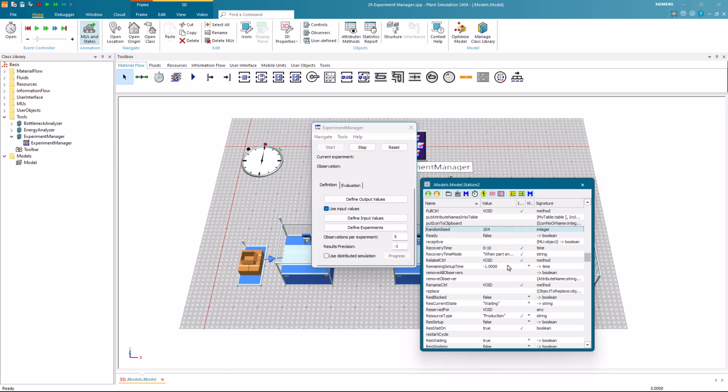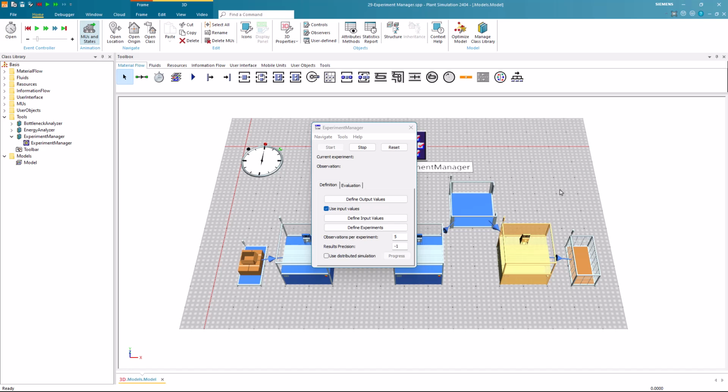So in each observation for an experiment, the event controller will increase the random number variant. By doing so, the random numbers will be changed, leading to different stochastic behavior in each observation. We can later reproduce model parameters by using the experiment number and the observation. In the text box labeled Observations per Experiment, you can enter the number of observations for each experiment.